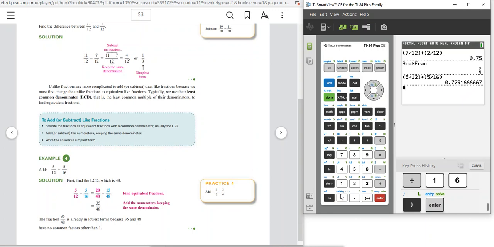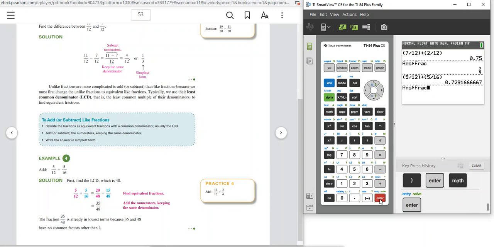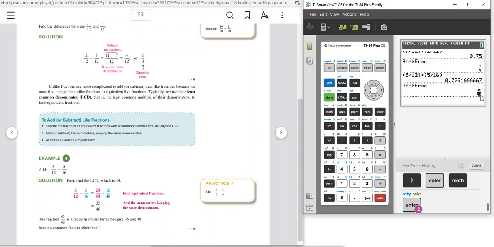Let's see what we can come up with. Math, fraction. Let's convert it over to fraction, and I got 35/48. So that works out pretty good. All right,